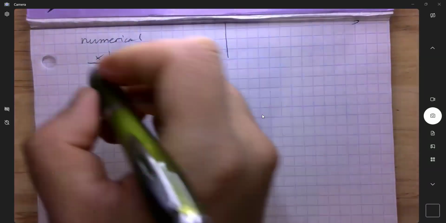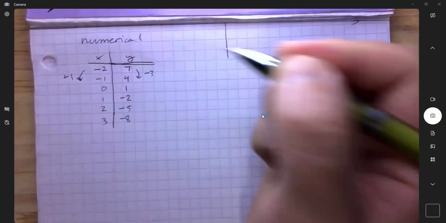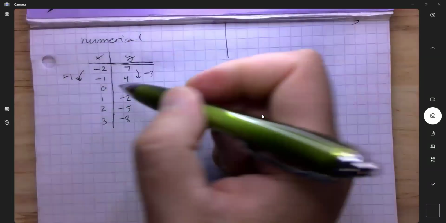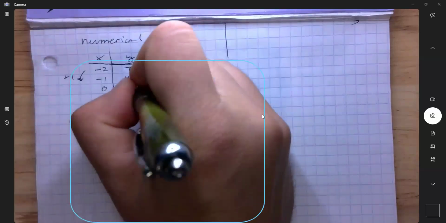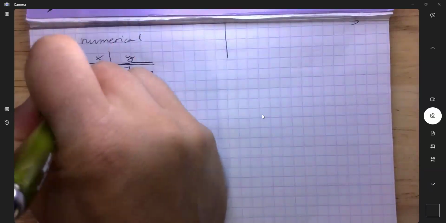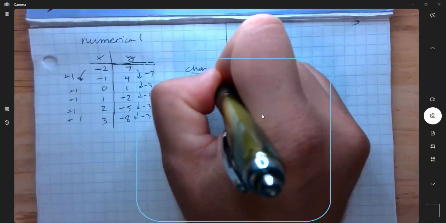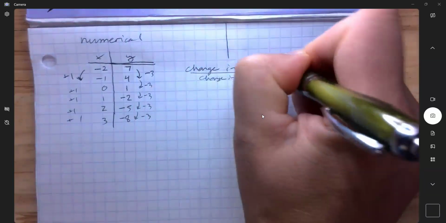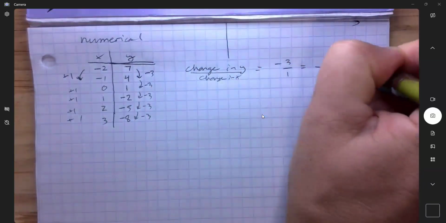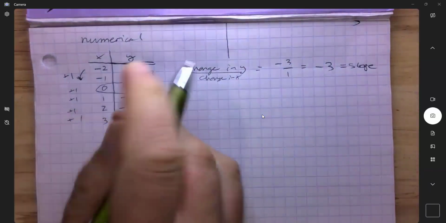Okay, for the numerical, you look at how x changes, up 1. Look at how y changes, down 3. Double check, make sure it's the same. Yes, these are all going down by 3. And these are all going up by 1. And so the change in y over the change in x is -3 over 1, which we usually write as -3. That's our slope. And the y-intercept, notice from the graph,